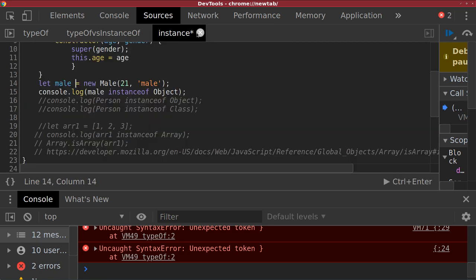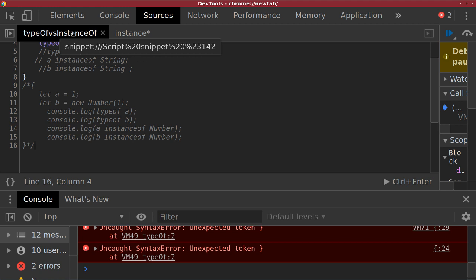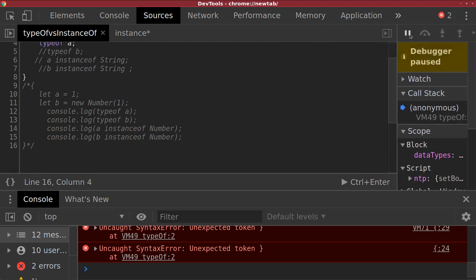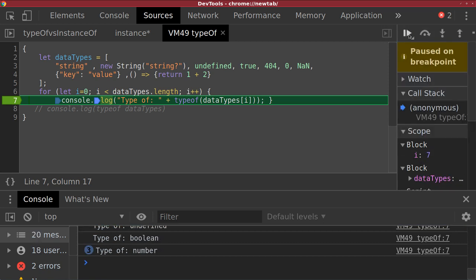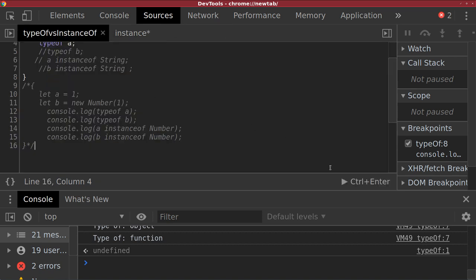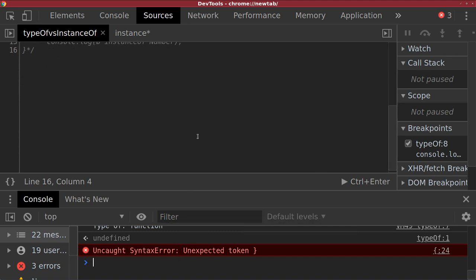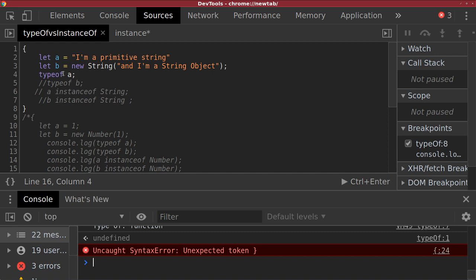Okay. So close the type of one. I think we're still in the middle of your breakpoint. So just skip through. Okay, cool. Then close your VM49. I think we're good to go. So if we do, no, still on. Oh, no, it's just doing that in general. Maybe do refresh the whole page. Yeah. And try to set the